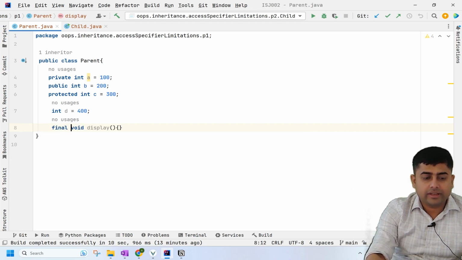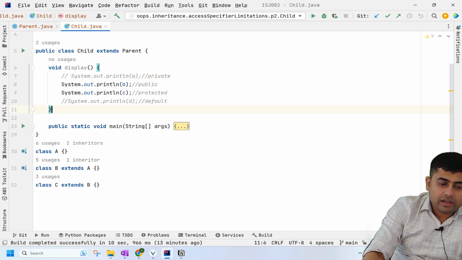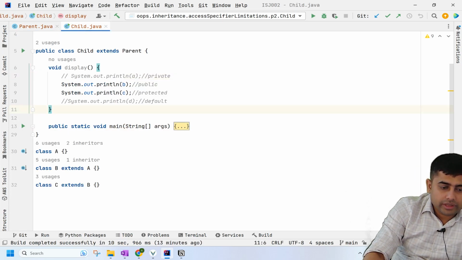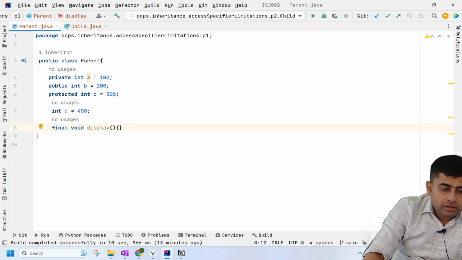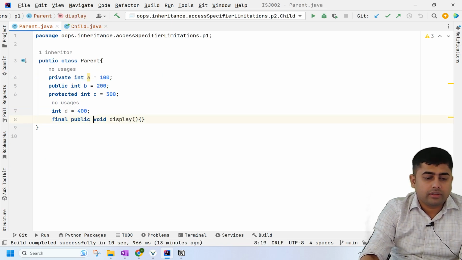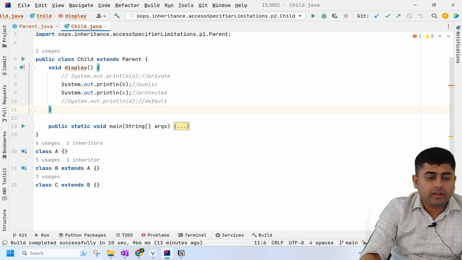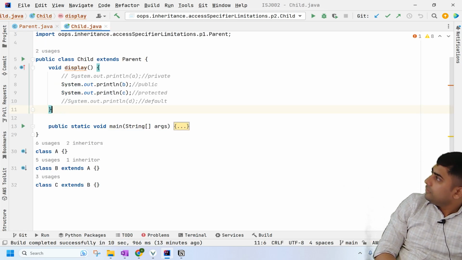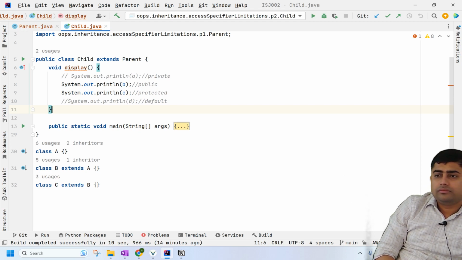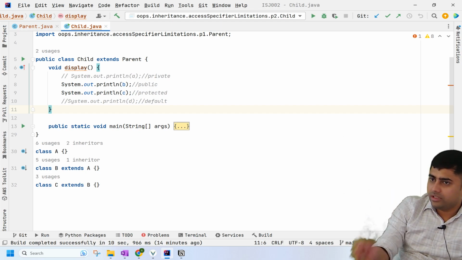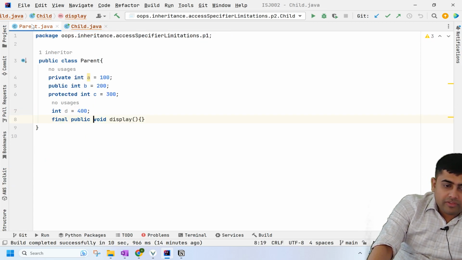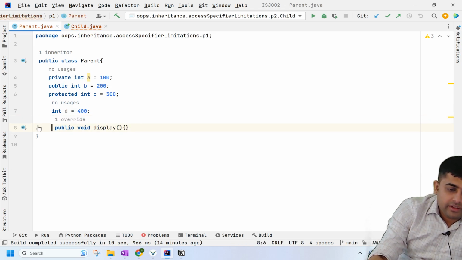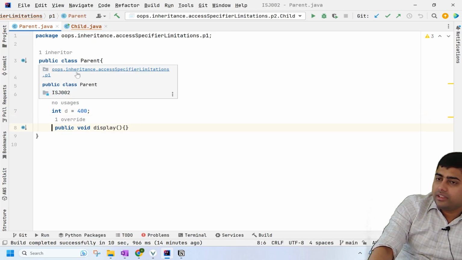If I make it final, you will get an error here. Sorry, public void display. If you see here, we are getting the compile time error. So what a final method means is that we cannot override it. Overriding means writing the same name and same signature method in the child class as well. That is called method override. So you cannot override a final method, you cannot extend a final class, and a final variable